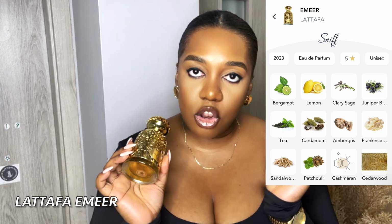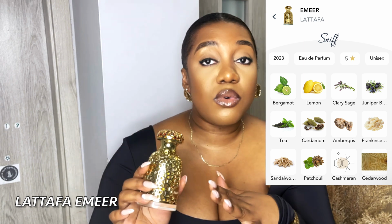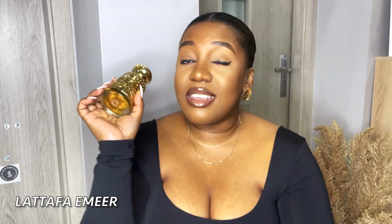This lasts a long time. Now, I would not say this is the beast mode scent, but this is an easy reach. This is going to earn you compliments. In my opinion, I feel like if you don't want to do too much, you don't want to offend your partner, well, for me on my skin, it performs really strongly. But if you want to make a good impression without really doing too much in terms of the notes and how it smells, I think this is your easy reach because it's fresh, it's aromatic, it's very inviting,